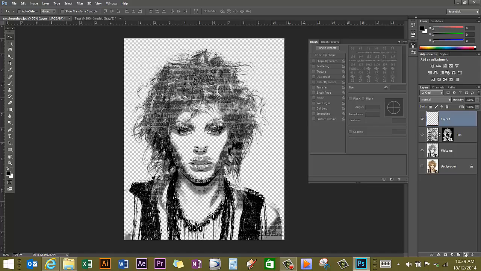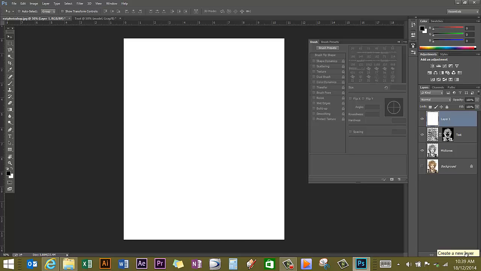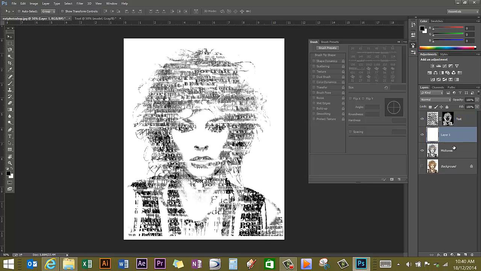Create a new layer. Select Control Delete to fill it with white. And drag it under the layer painted with text. Call the layer white. Create another new layer. Call that layer top text. Move that layer to the top